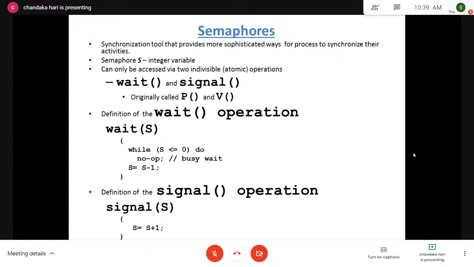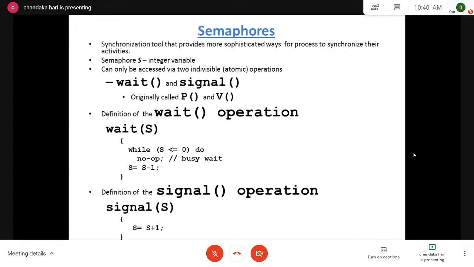Now, how this particular wait function call works: this is a small piece of code. Anyone can write this. Wait is a function which takes one semaphore value as an input. Suppose process P1 is requesting a particular variable X, then immediately it checks what the semaphore value is. If the S value is less than or equal to 0,